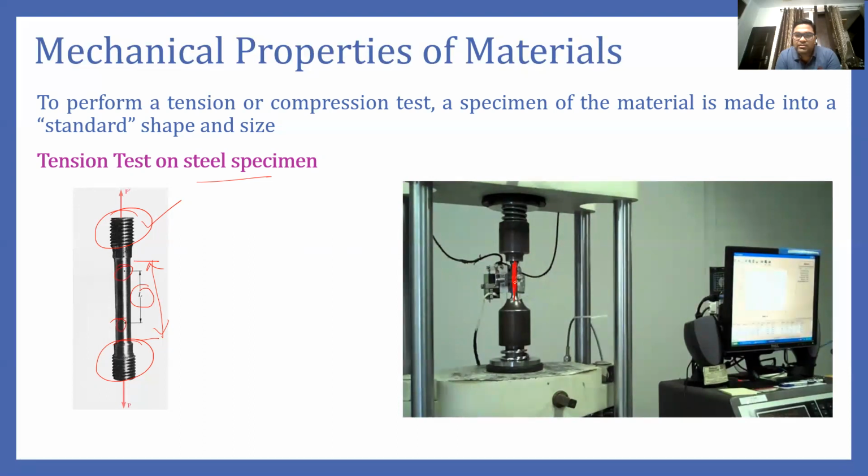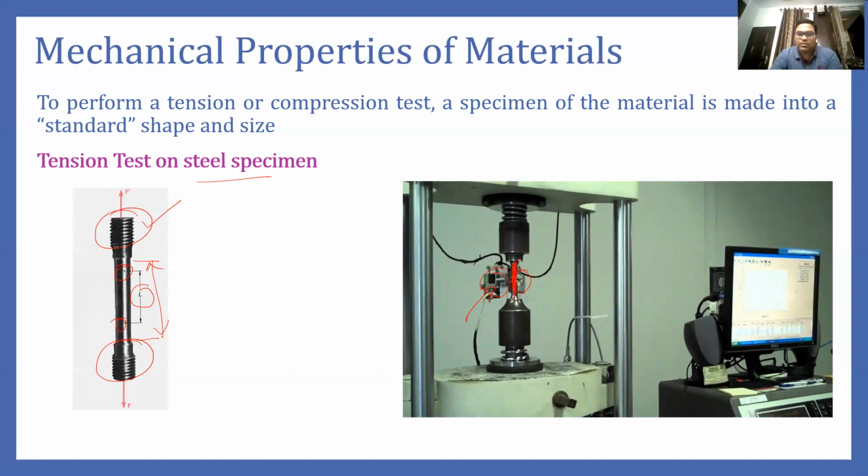Now, along with the specimen, sometimes we attach an extensometer. Here you can see the extensometers attached to the specimen. The role of these extensometers is to measure the elongation of the specimen as we apply the load. The extensometers measure the elongation as the load is applied uniformly. In the machine, we apply the tension load uniformly so that we can have a gradual behavior of the specimen.